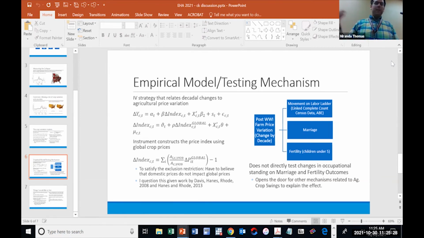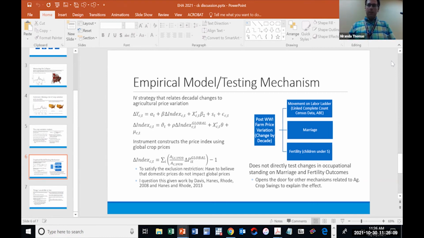For example, in my own work, some of the stories people have asked me about is, what about food prices? Food prices are changing because of the ag boom and ag bust. That affects the price of feeding a family. I don't think that's the case, but there are alternate mechanisms. In my work, the story is an opportunity cost story because female wages are rising in response. There's not a lot of great wage evidence out there, but in Pennsylvania, there's gender-specific farm wage data that you can show during the boom period. Wages are tracking pretty closely with the agricultural price index. So it could be a wage story, it could be a marriageable men story, and it's tough to isolate these different stories.